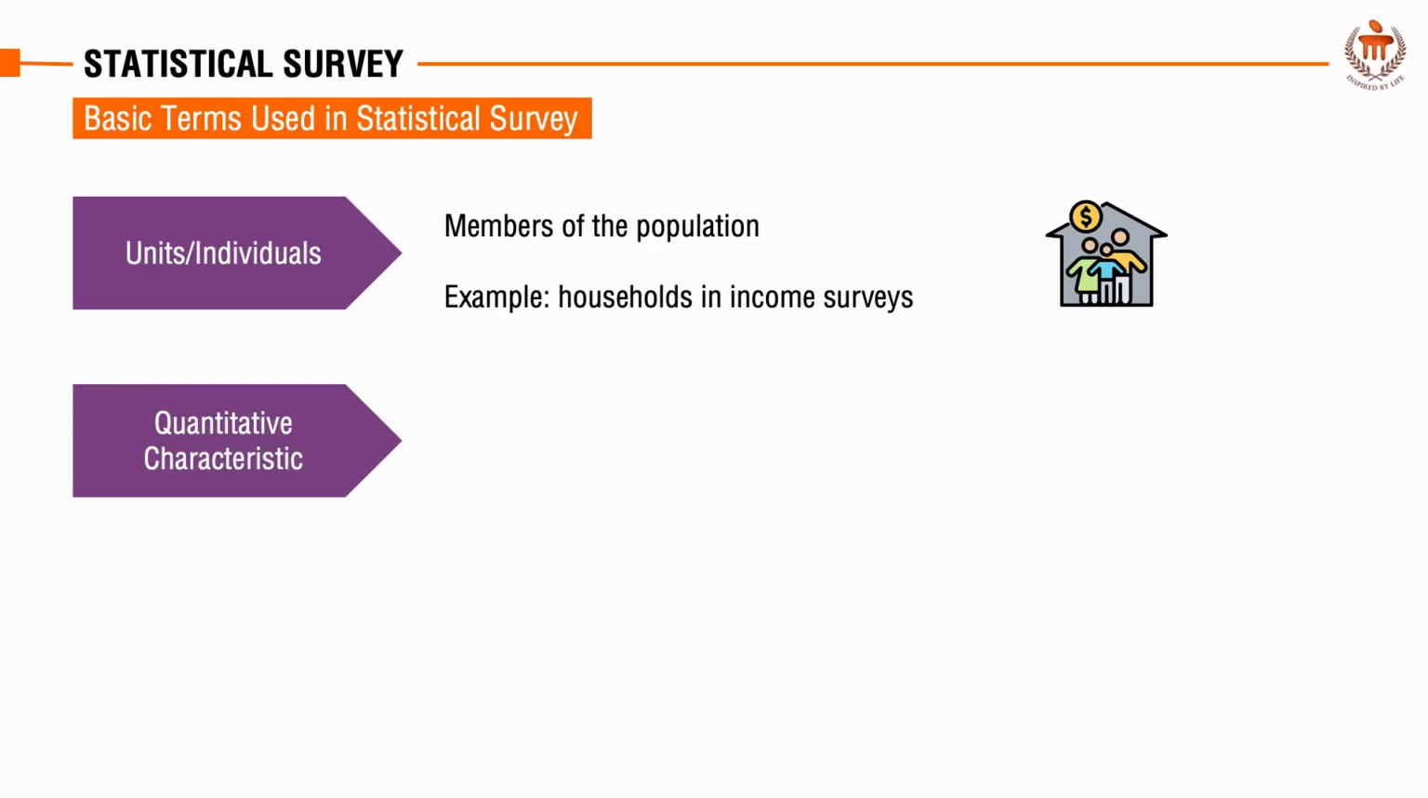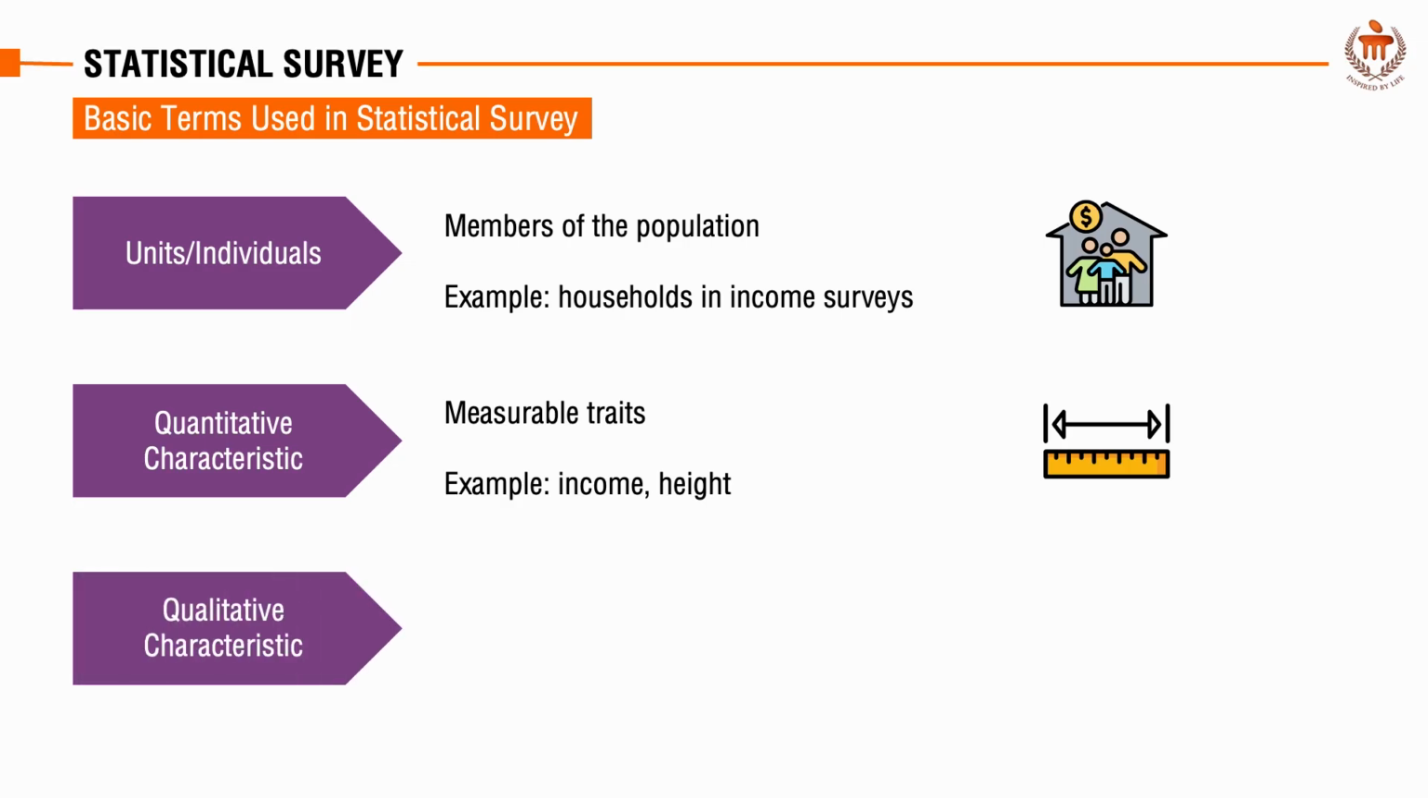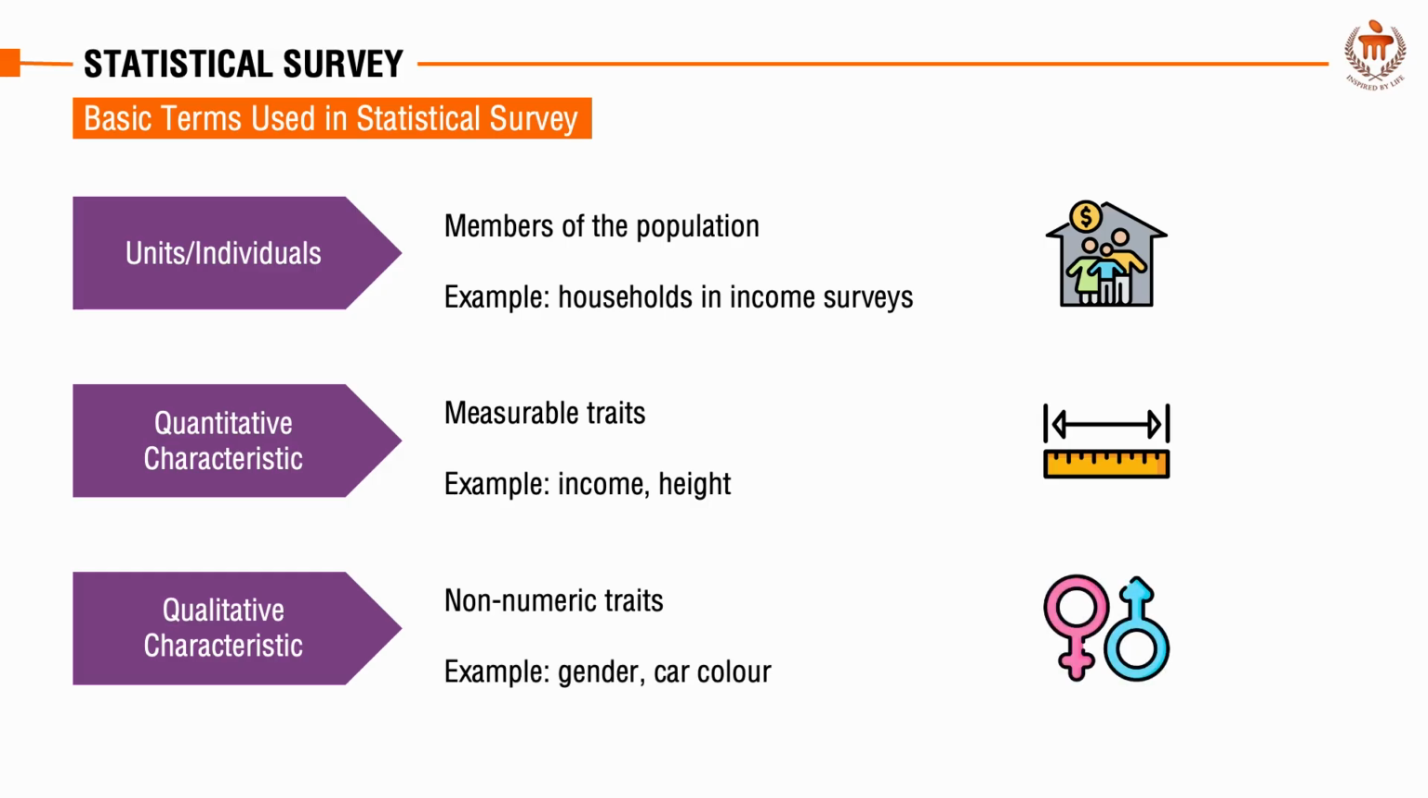Quantitative statistic is a measurable trait or attribute that can be expressed numerically. Examples include income, height, weight, or age. Qualitative statistic refers to non-numeric traits that describe attributes or qualities. Examples include gender, car color, or educational qualifications. These traits are typically categorized and analyzed using methods suited for categorical data. So understanding these terms ensures clarity in defining the scope and variables of the survey, enabling accurate data collection and